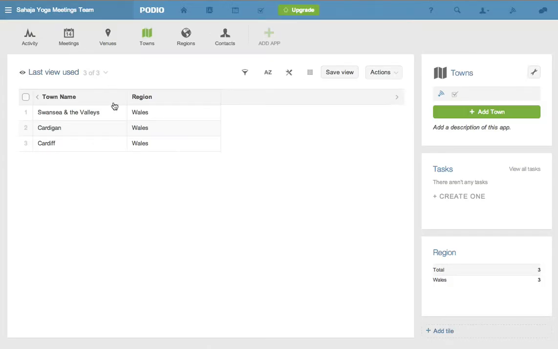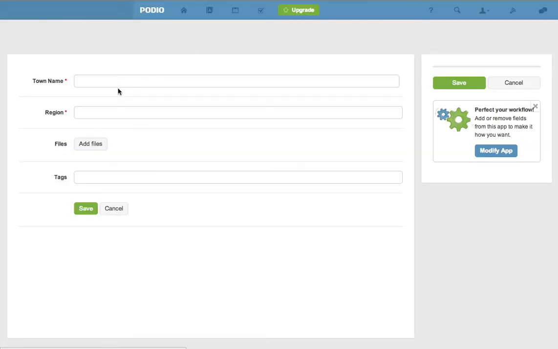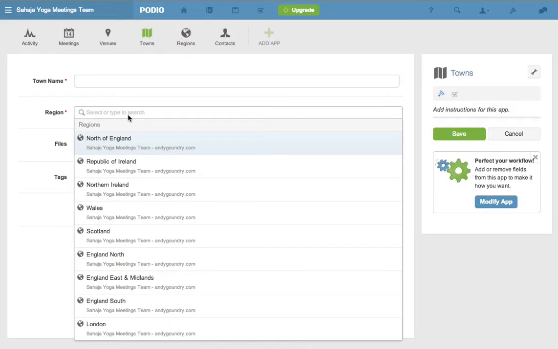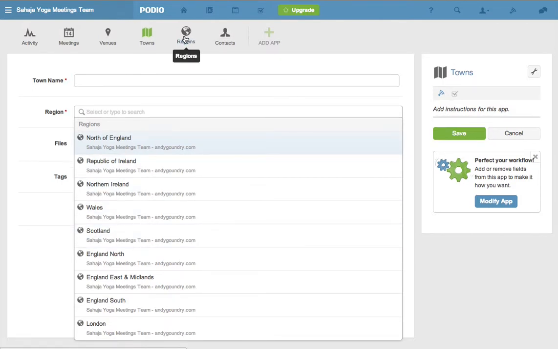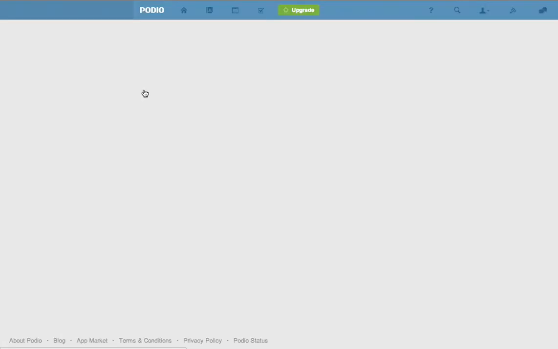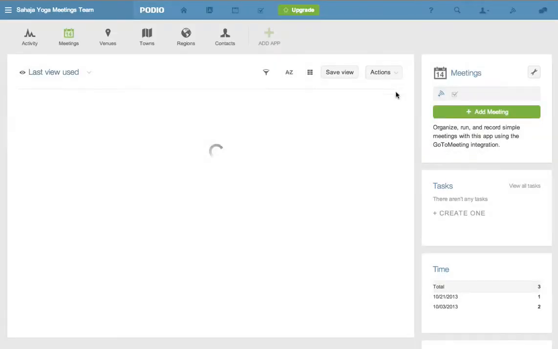But again, if you want to create a new town, you just link it to an existing region. There are all the regions of our website, and obviously you can just create new regions as you see fit. And as I also mentioned, if you go to a meeting and you create a meeting,